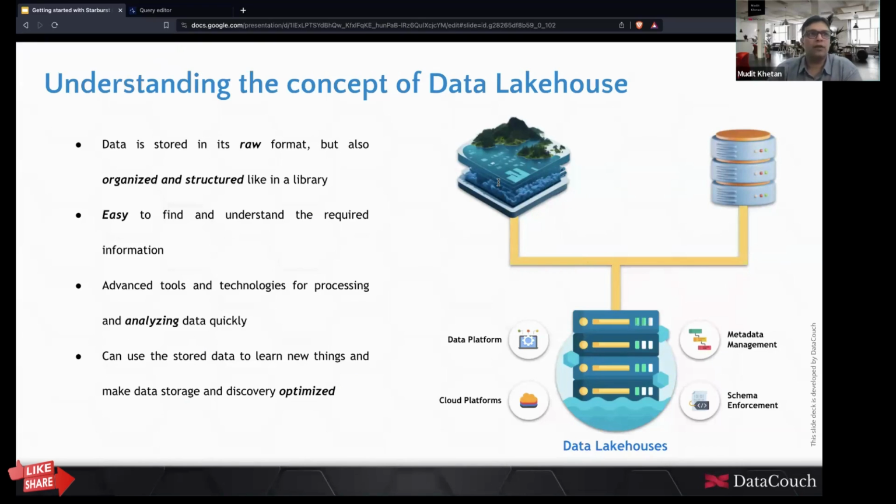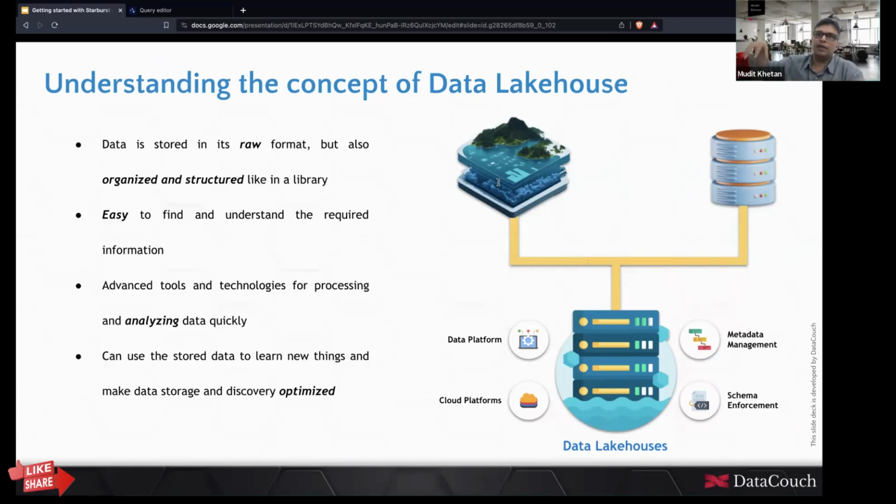Obviously it can, and it allows schema enforcement on its data. So data can be stored in its raw format, whether structured, unstructured, or semi-structured, but it can always be tagged and organized, like data stored in a library. Therefore, it becomes easy to find and understand the required information wherever it is.